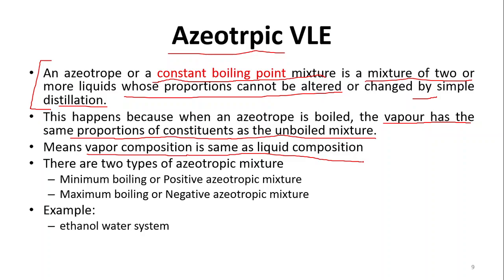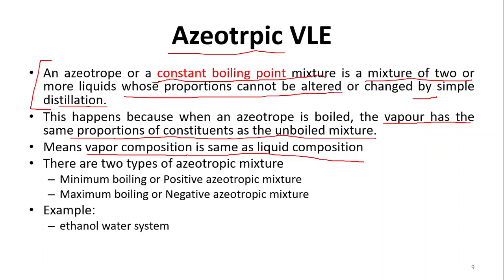So there is no difference. It is just like a pure component. For example, water is a pure component and it boils at 100 degrees Celsius. Water and methanol is a mixture, and water and ethanol is a mixture. But if such a mixture boils at one single boiling point, that is totally